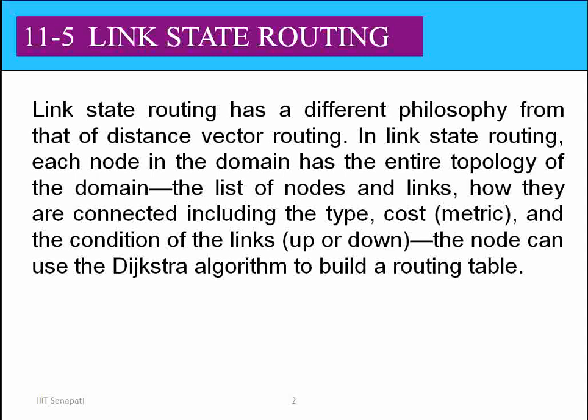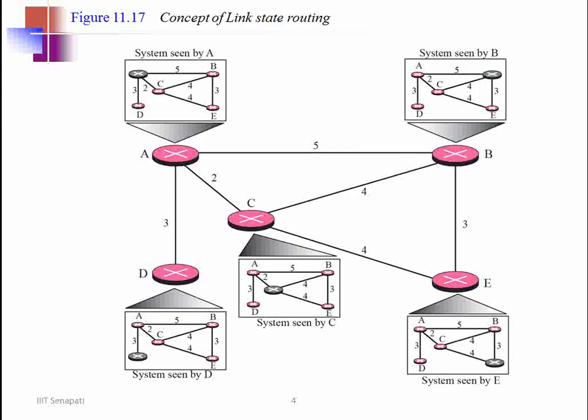All of these things can be done, and basically for these things the Dijkstra algorithm is used. Using the Dijkstra algorithm, as you would be aware, you can find the shortest path between the nodes. So the same thing is done. The shortest path is found using this Dijkstra algorithm, and it can also be based on the metric. Today in this topic we are going to discuss how these routing tables can be built. So this is simple link state routing.